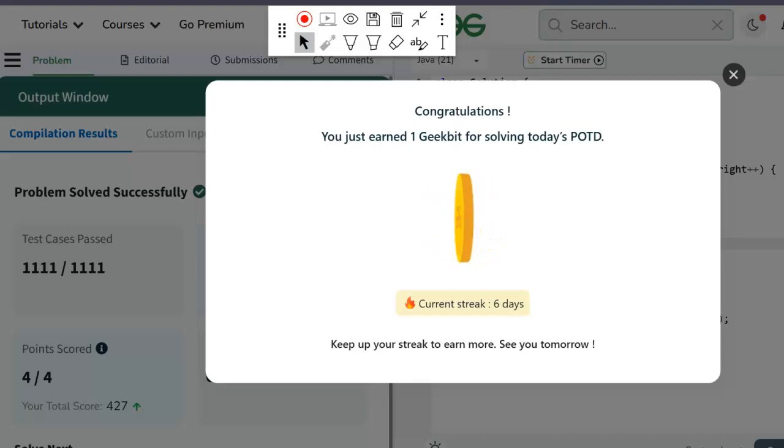Yeah. What did we learn? Well, two pointers, sliding window,